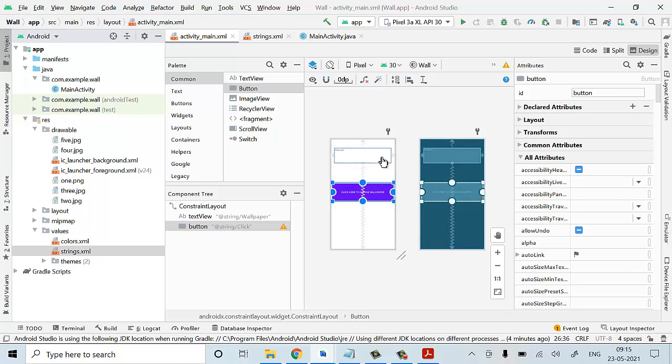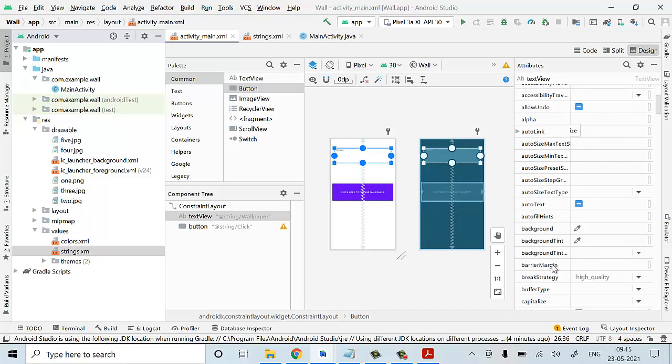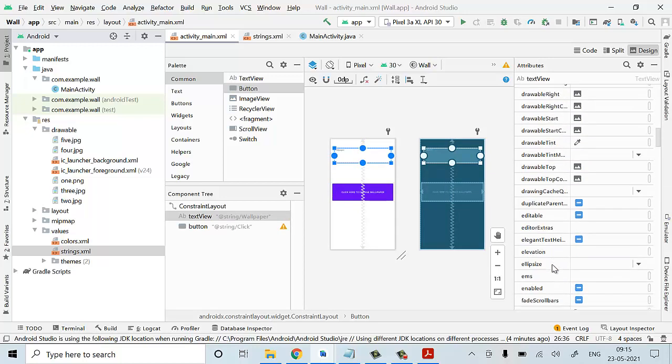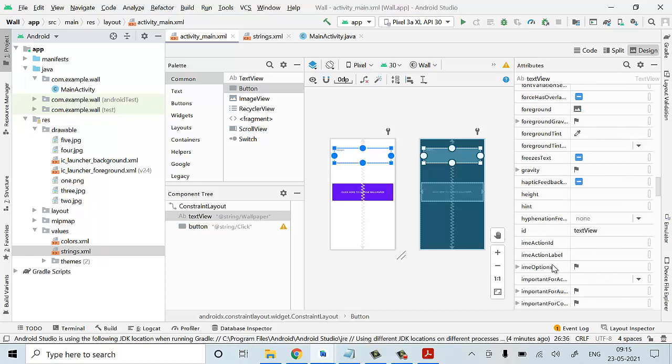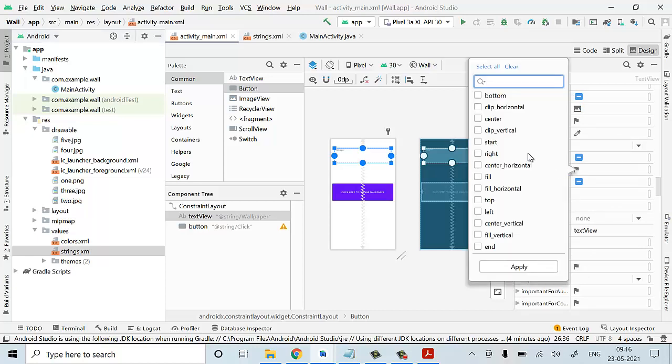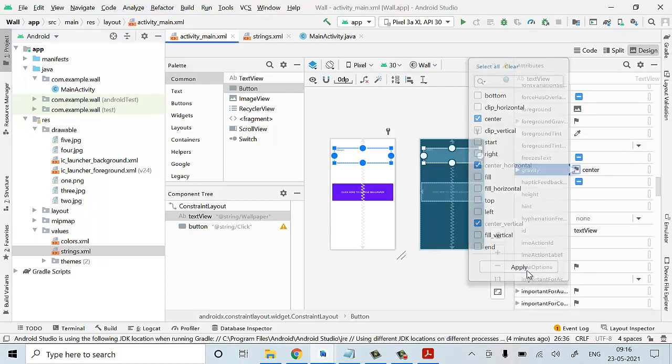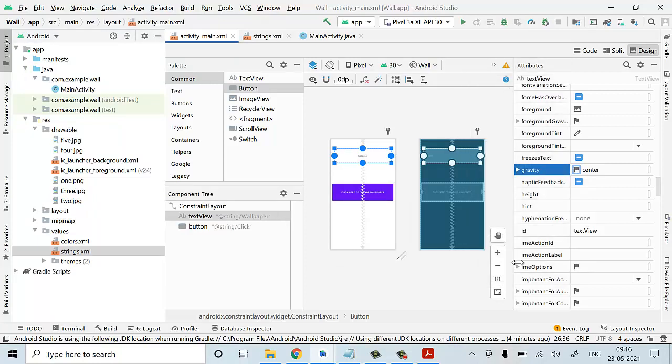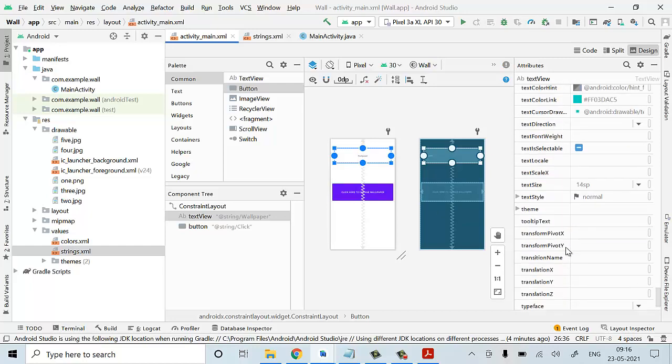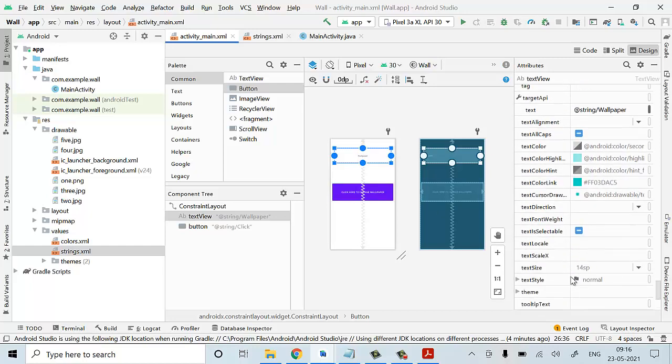If you want to set any text to the center, what do we have to do? We have to select gravity. I'm looking for the gravity attribute. Here it is, gravity. Select center and apply. Now you got it at the center. If you want to change the size of the text, go to text size. Here I'll give 30 sp. That's it. Now it will be bold. Now I'll change the text color. I'll change it to black so that it looks darker.